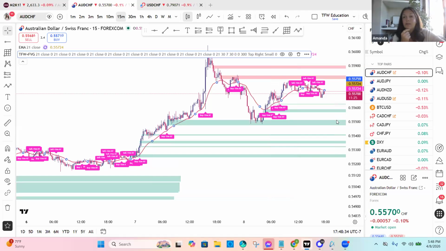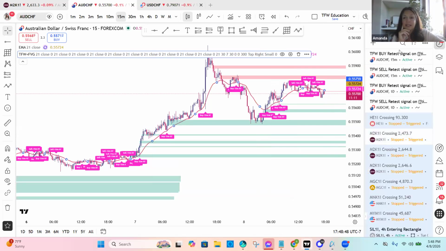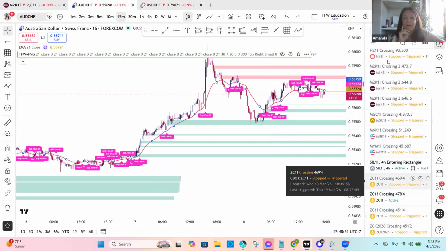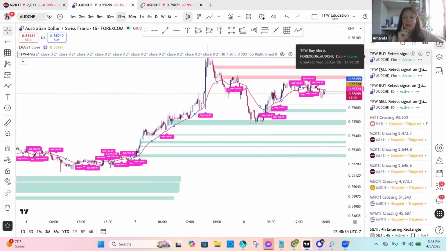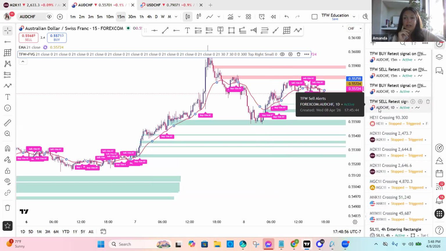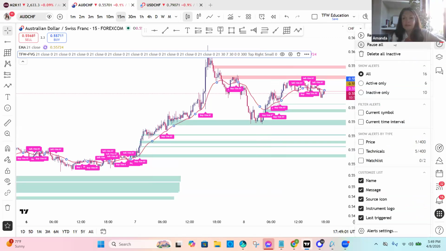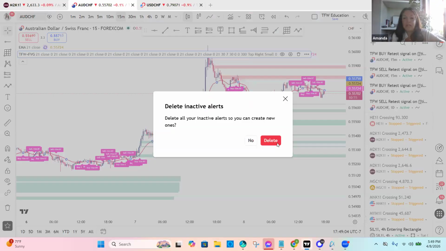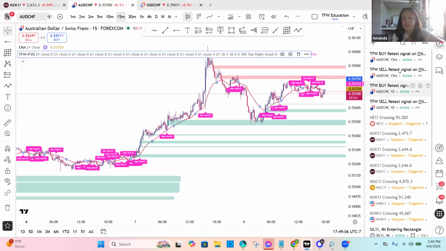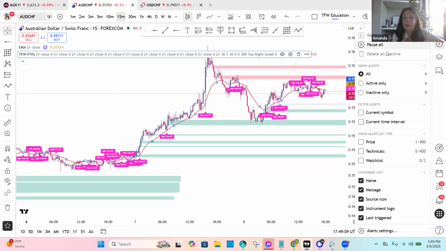So now where do you go and find your alerts? So look at my mouse here. Over on the very, very right-hand side of my computer, all the way to the far right, you'll see where it says alerts and you can see 10 here. If I select that, it's going to pull up all the alerts that I have had active in the past and then the current alerts that I created here. Okay. So if you want to delete any of these alerts, you can go into options and then you can just kind of delete all the inactive ones, of course. So that's going to show just my active ones. And then you can go back in as well. And then you can select,